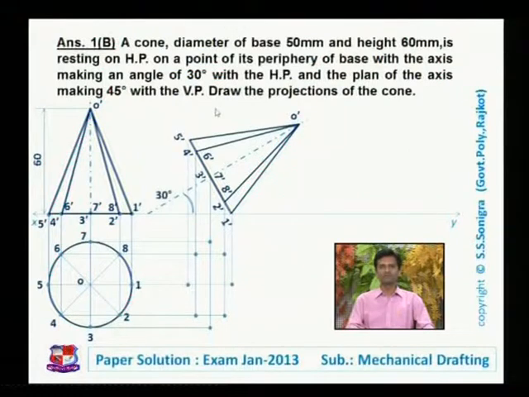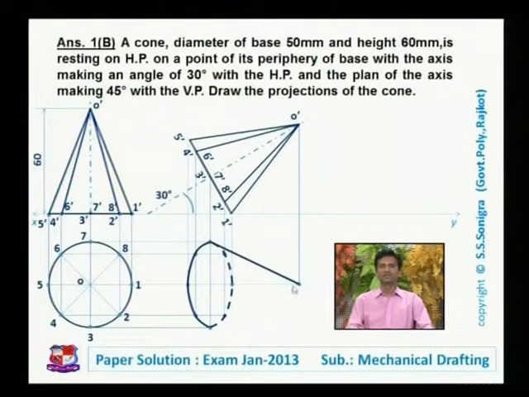As we are looking from top side, the circular base would not be fully visible. Hence all these points should be joined with the dotted line, and apex point O dash would be here. So for that, draw vertical line from point O dash and horizontal line from point O, and that is apex point O dash. Join all these points with the dotted line because this much portion will not be visible from top view. This is the outside line, hence it would be visible. Outside lines are never dotted, so they should be joined with the full line.